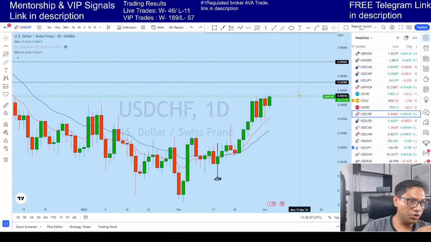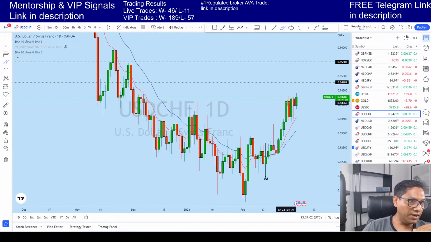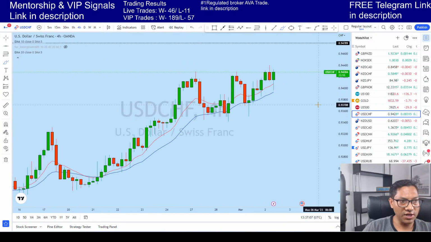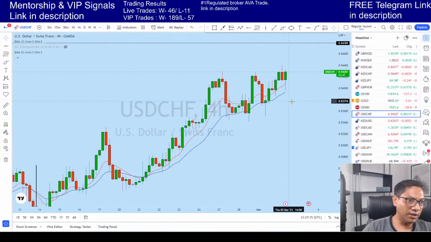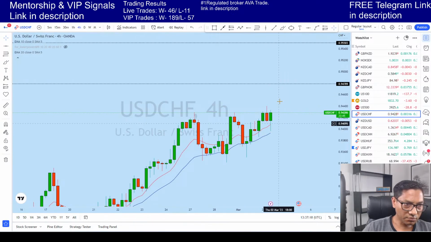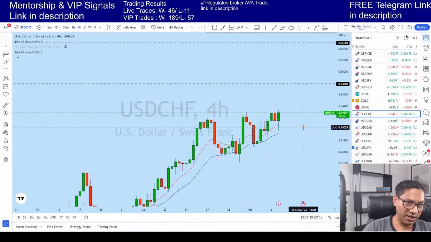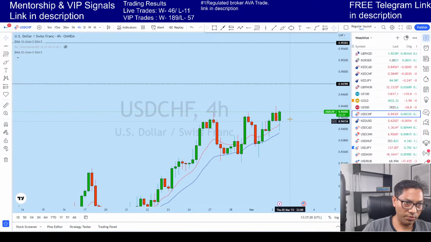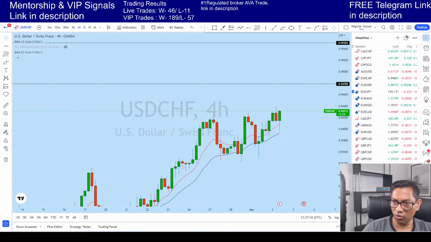So for me, dollar Swiss franc is now highly likely to continue to go up as the price is passing this level. Now from the 4 hour, we see that this current session candle is trying to create a bullish move to the upside. Now 22 minutes are still remaining, anything can happen. I'm expecting, as the news is coming next session, this candle to go up, and we have a higher probability to make that happen. So this is dollar Swiss franc that I think this market will go up.